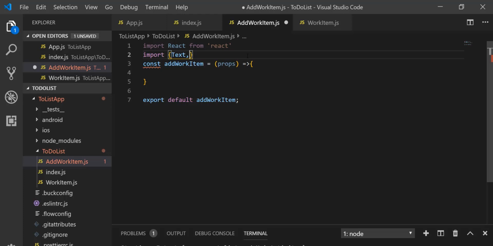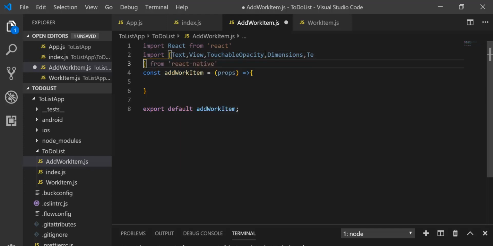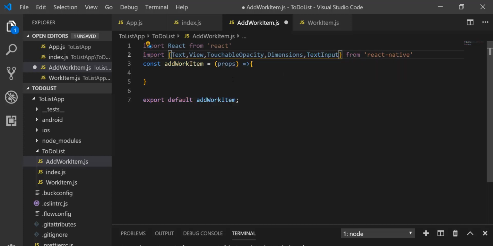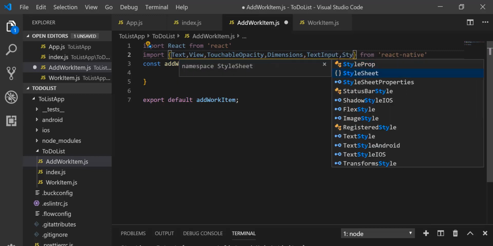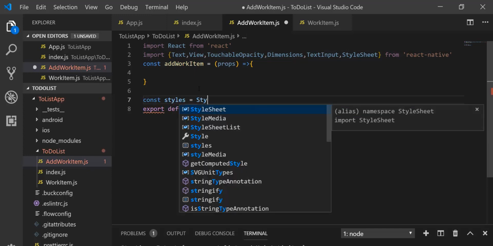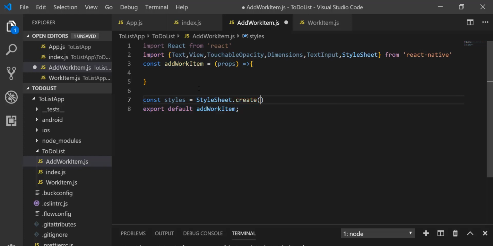Now import text, view and touchable opacity that will help us to perform actions for cancel and save work item from React Native. Also, I'm going to use dimensions as well and text input. Using this, we can input any value at runtime. Also, style sheet for this component. So here I'm going to use const styles equal to StyleSheet.create. Leave it right now